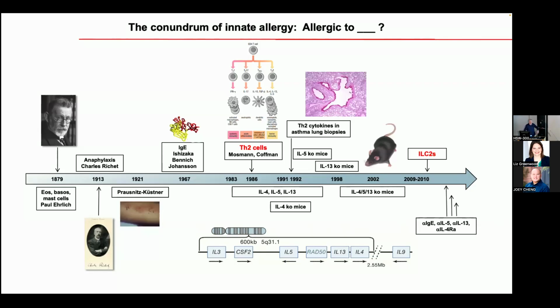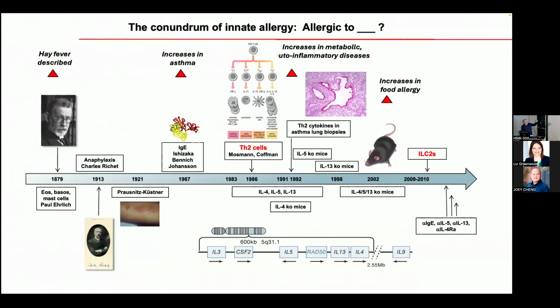So we and a couple other groups on 3 different continents discovered ILC2s at the same time, around 2010, and that raised a quandary. What does this have to do with allergy? And I'm just putting on the top this hygiene hypothesis. Hay fever came when houses got more contained and you started to build up all kinds of exposures indoors. Asthma started increasing with pollution, but pollution was clearing out by the 1990s as the incidence was going up. It clearly was not related to pollution.